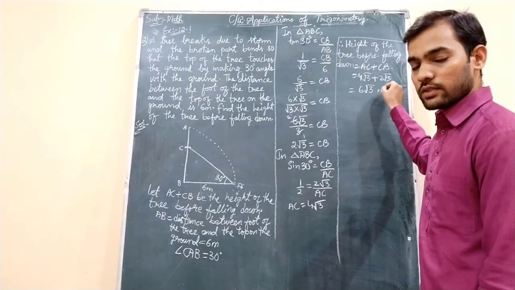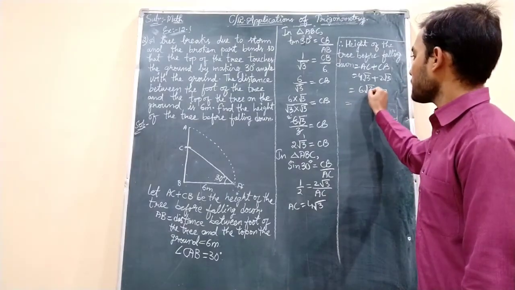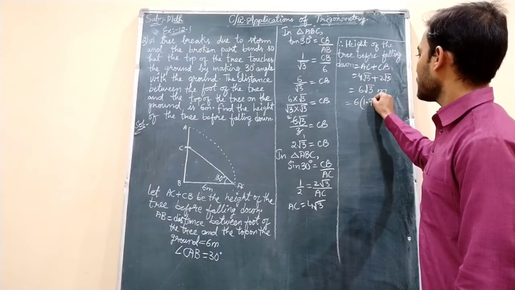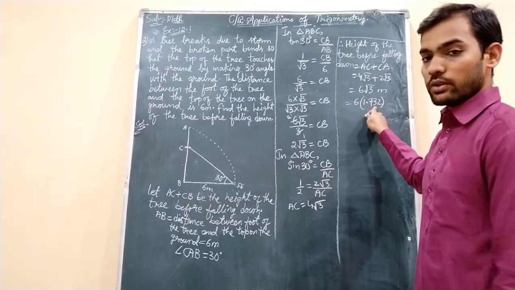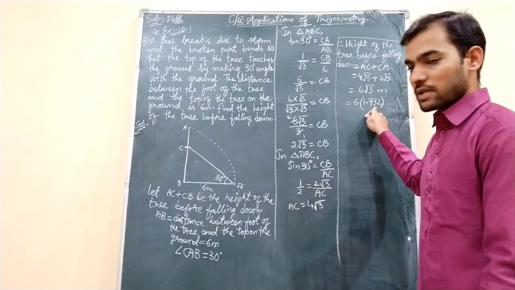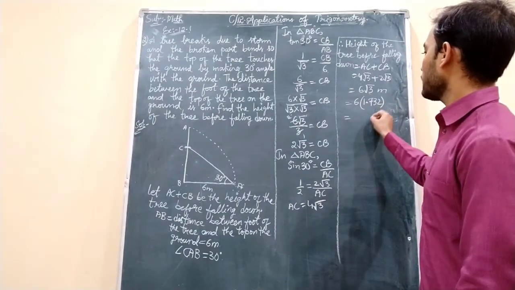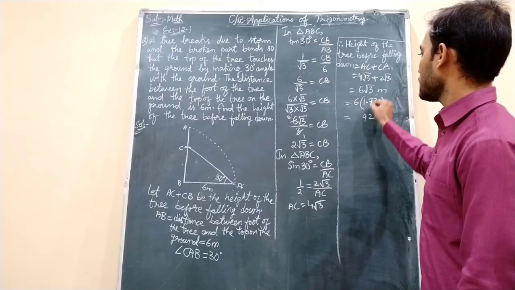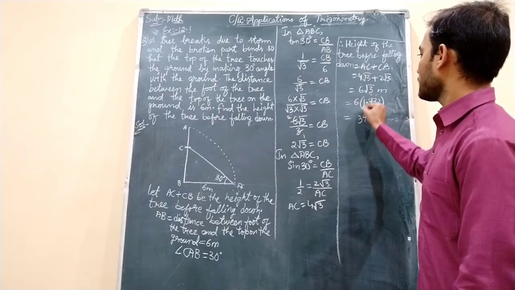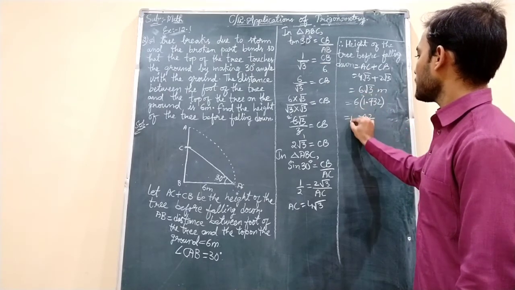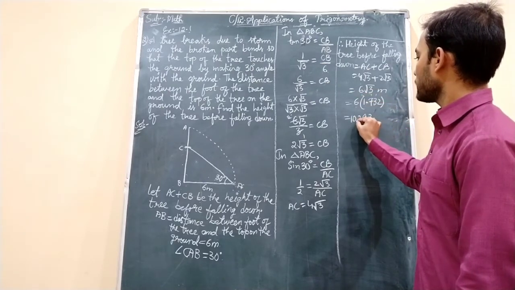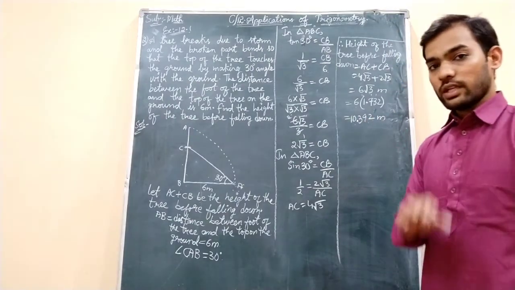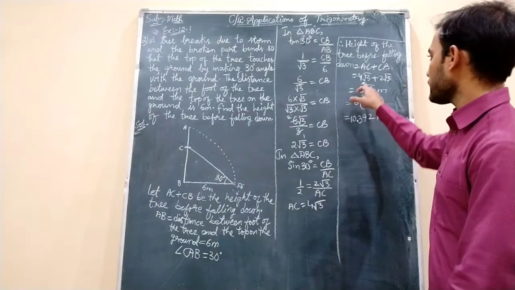If suppose in 4 marks the question has been asked, then you need to substitute the value of root 3 also. 6 into the value of root 3, which is 1.732. You need to remember this value because sometimes it may be given in the question, sometimes not. So when you multiply 6 into 1.732, you will get 6 2s are 12, 1 goes carry, 6 3s are 18 plus 1 is 19, 6 7s are 42 plus 1 is 43, 6 1s are 6 plus 4 is 10. Before the 3-digit decimal point, you will get 10.392 meters.